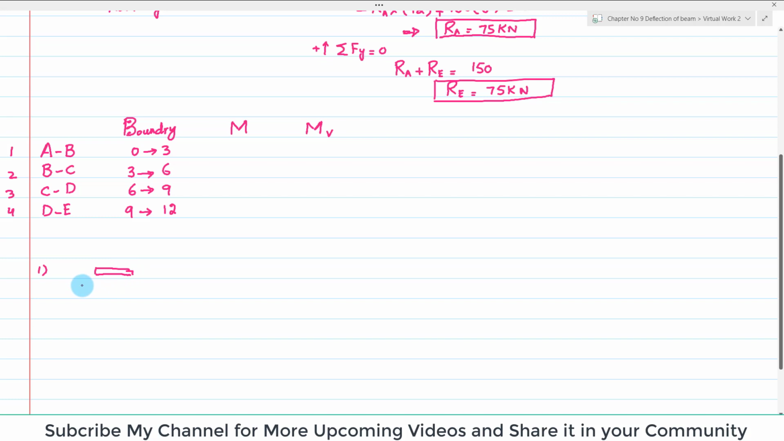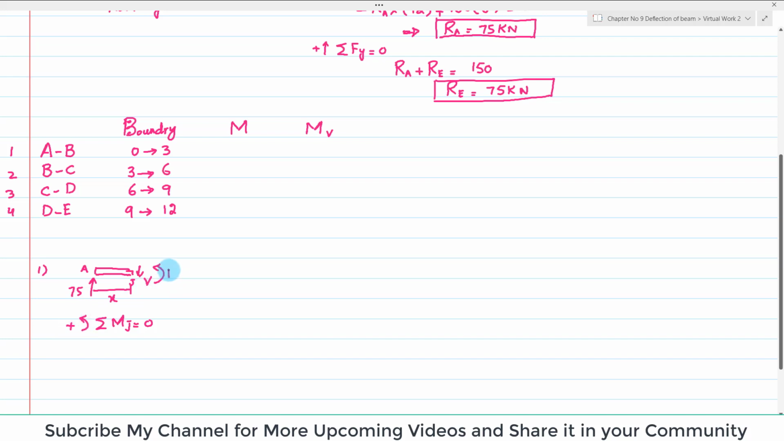So you can see here RA was applied and this RA was 75, and we cut the beam at a section X. So when you cut it, there will be a shear force and bending moment. This is point A, and let the cut point be point J. Okay, so you can see the sum of all moments about point J is equal to 0 and counterclockwise is